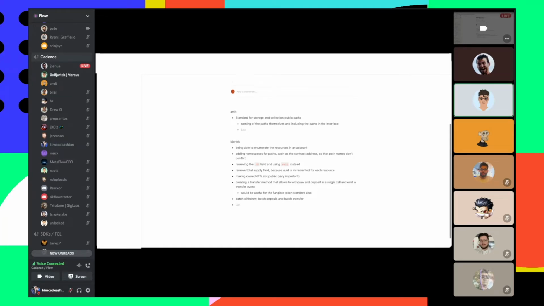I'm not sure on this, but in my NFT proposal, I have this get name method. It's basically just the name of the NFT, like a written name. I'm not sure if it should be a method or if it